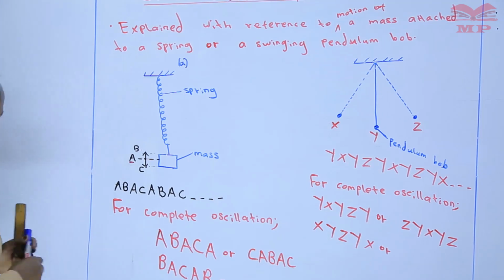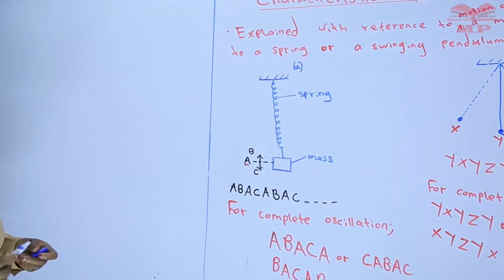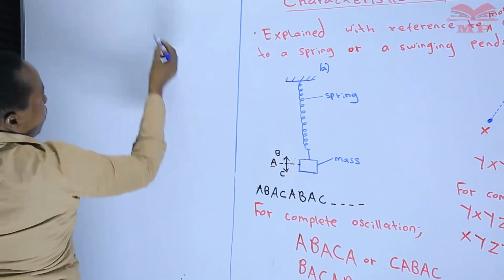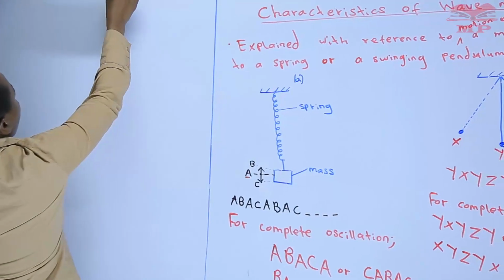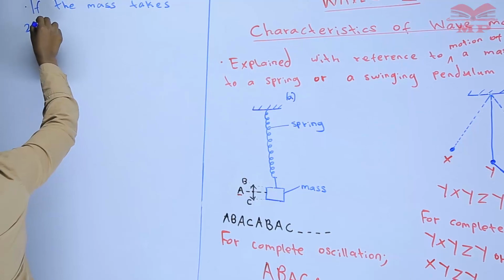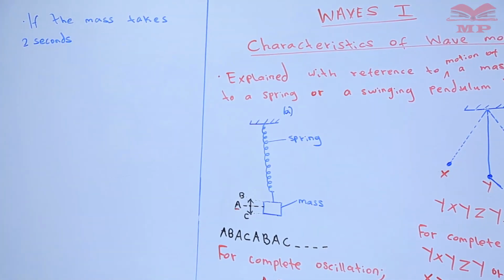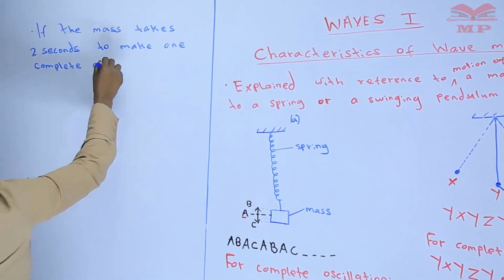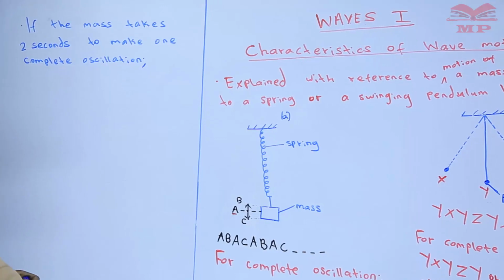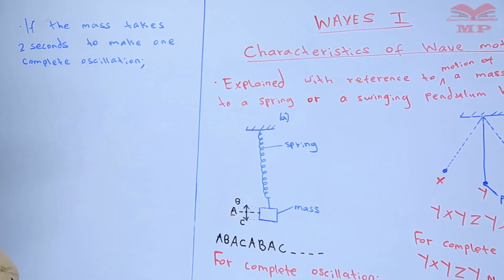I want us to move ahead and consider if the mass, or maybe the pendulum, takes 2 seconds to complete one oscillation. If the mass takes 2 seconds to make one complete oscillation, I want us now to have a sketch of